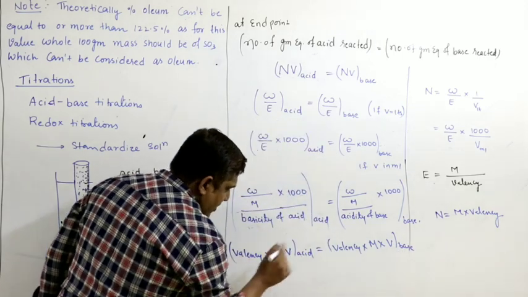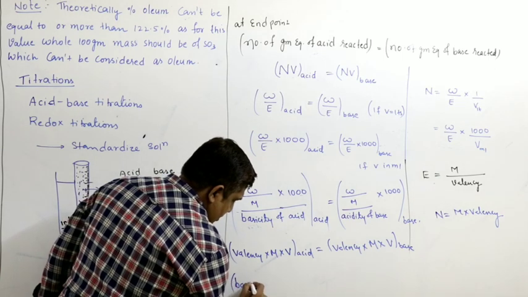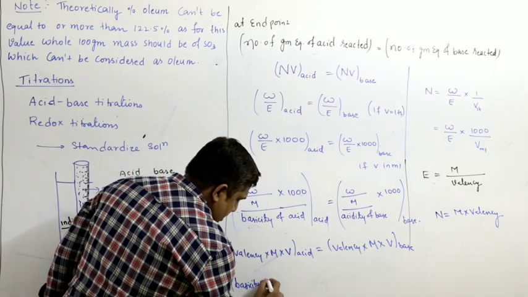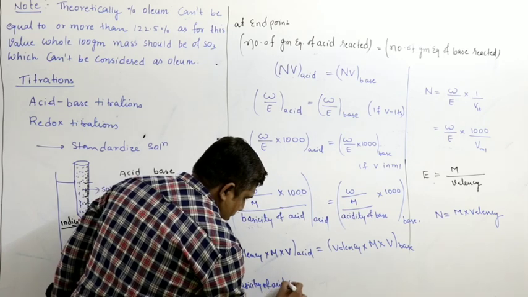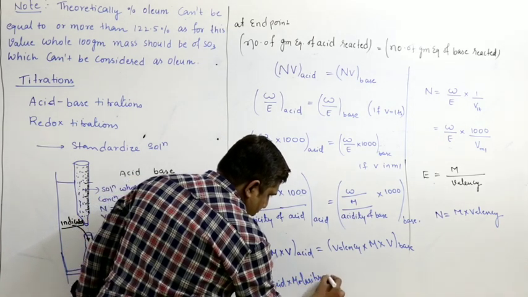What is the valency of acid? Nothing but basicity of acid. Basicity of acid into molarity of acid